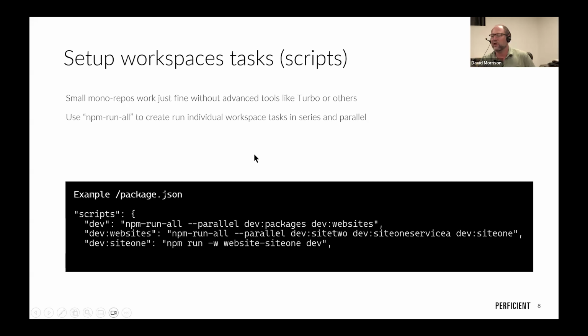It's a little verbose, but I like showing everyone this way. Once you understand the basics of the workspace, you might very quickly graduate to something like an advanced package manager or an advanced build tool like Turbo. The same thing that I've done here could be done with Turbo, and I have done it with Turbo before, and there are all kinds of other alternatives out there that optimize your dependency graph.